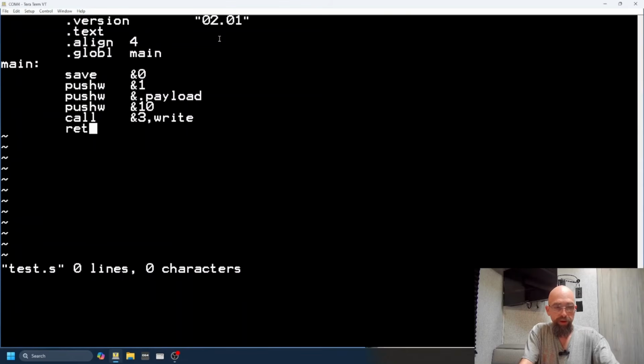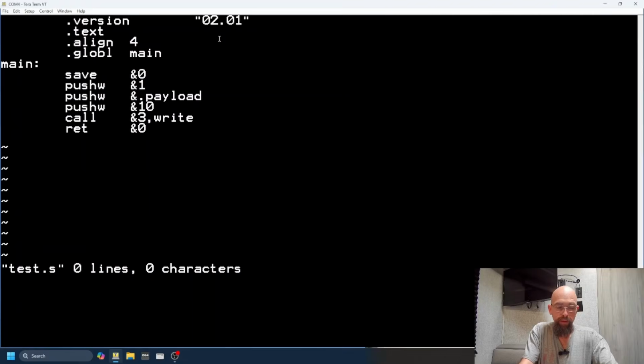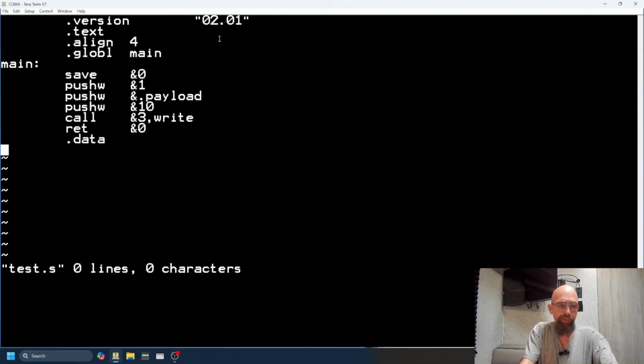Alright, and so now that will actually do all the work of the program. But there's a few things we need to do to clean the situation up. We have to return to caller, the operating system. So we're going to do a ret and an &0, basically saying return to the operating system, we have nothing to pass. And then we have to do a .data. So what we're saying is everything after this point is no longer program code, it's actually just data for the program, variables and such. Alright, so now we need to actually define the data, the payload, that we're going to